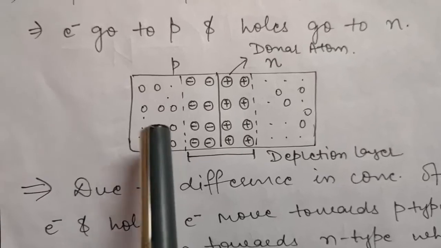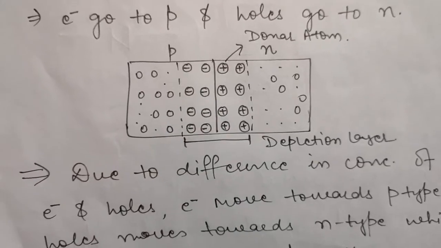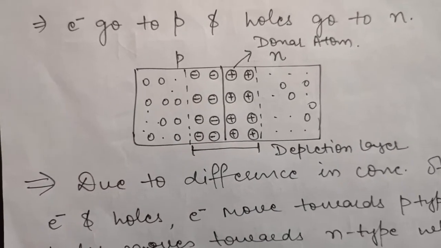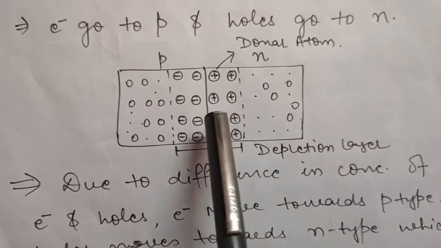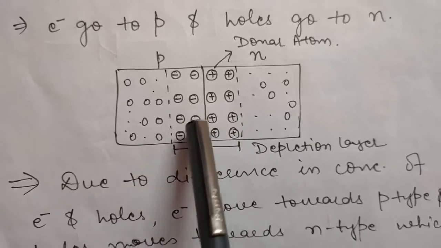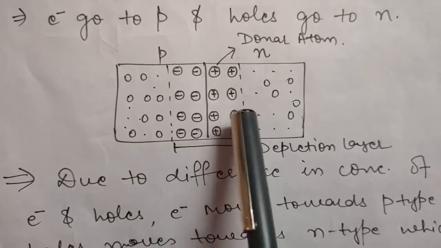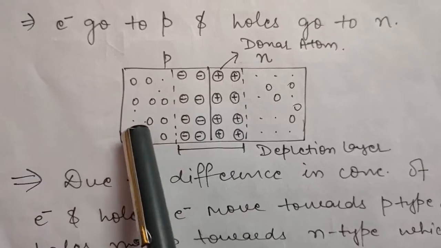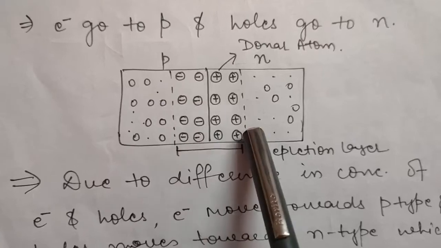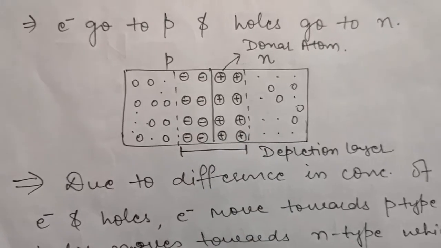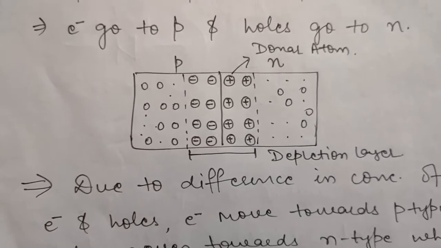Okay. Similarly, when holes are moving from P to N, they will be leaving a negative charge, because obviously if a positive charge has moved, that means a negative sign will be there. So these are nothing but ionized acceptor atoms. Okay, so these are ionized donor atoms and these are ionized acceptor atoms. And one more thing, these atoms are now fixed here. They are not free to move. For example, electrons and holes are free to move, but these atoms are not free to move, and therefore they are called immobile ions. By immobile ions, you mean the atoms which are not free to move.